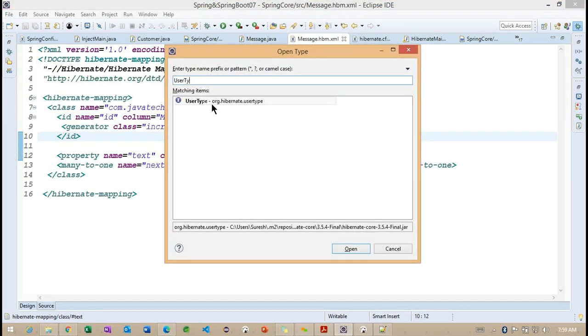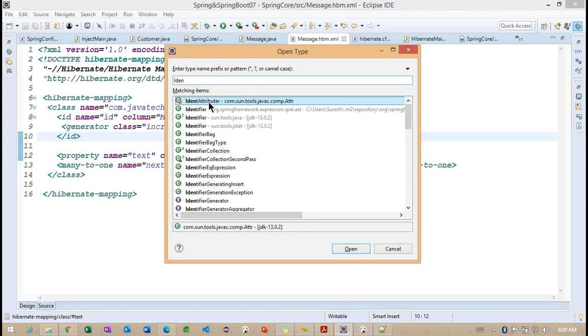User type is one of the interfaces, which is going to convert our user-related information whenever we work with user types. These are nothing but custom data types. So we can implement this user type interface and specify it. Based on the type of each property, the database columns are going to be created. Along with this user type, we have one more.